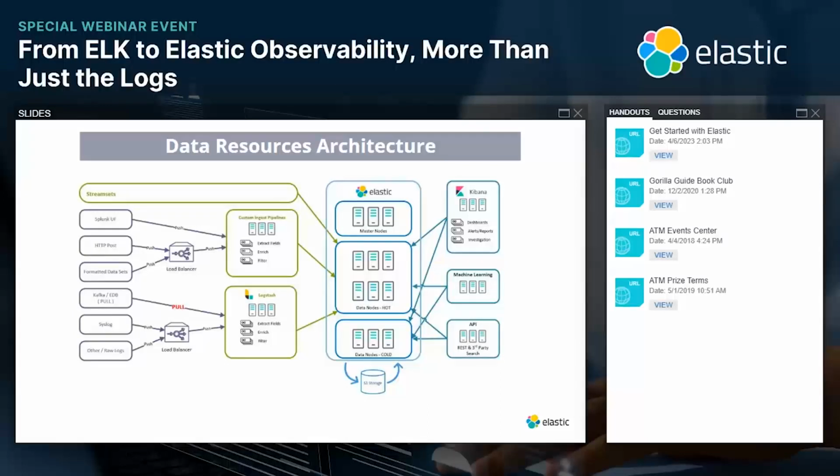We don't stop it there. You can also search directly without rehydrating from your data store. You may have to store about 100 terabytes of data on S3, but you might be worried that if you want to search something, it's going to take hours or days. No, that's not the case. It does the search in probably a few minutes, so you can get the data from a very old data store in about a few minutes. And you don't have to move the data back to the data nodes. You can directly search as a snapshot directly from the S3 storage.